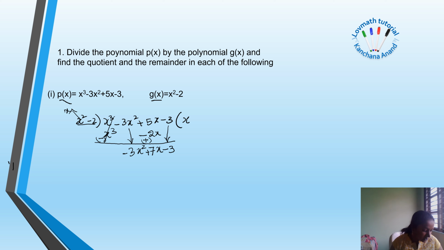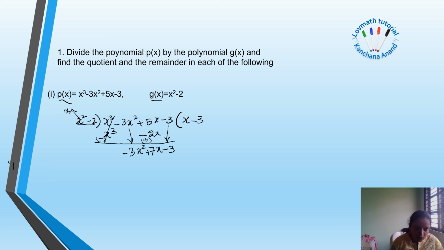Now to solve this, we have to multiply this by minus 3. Therefore, by multiplying this g of x by minus 3, we'll get